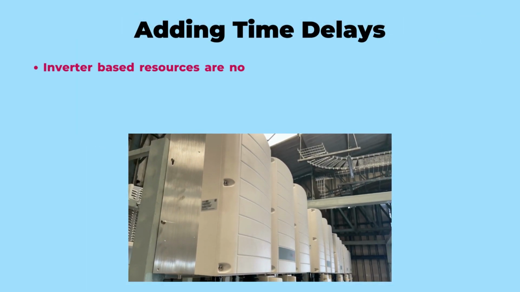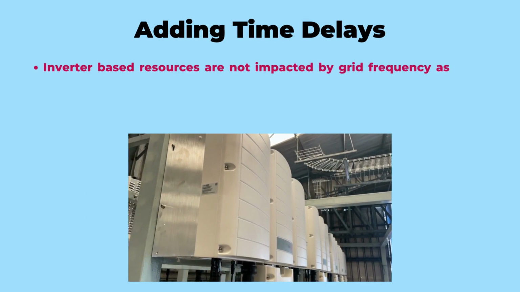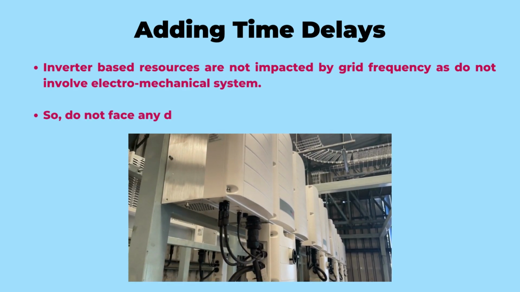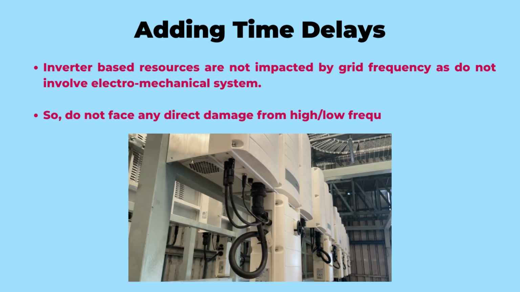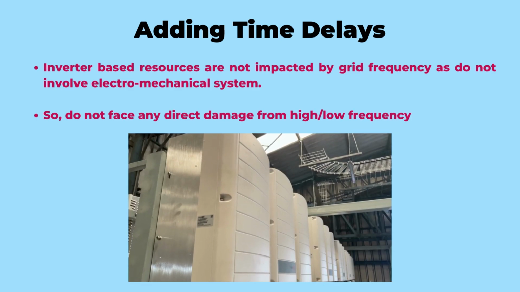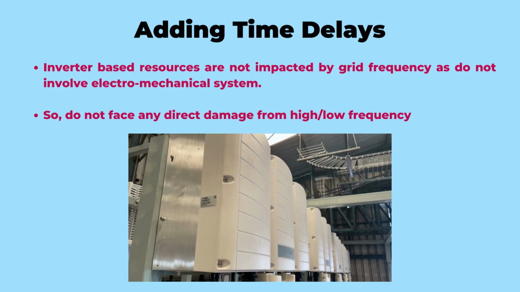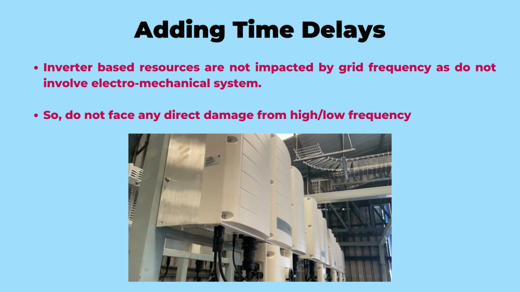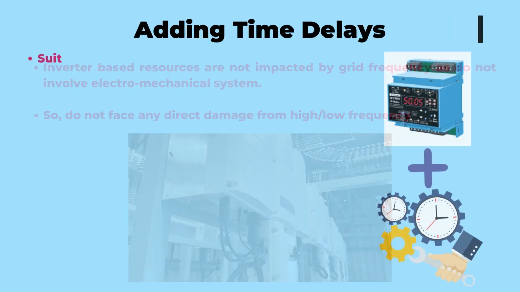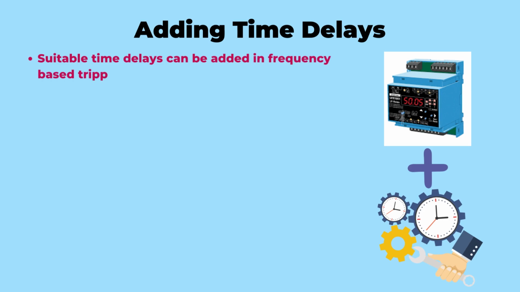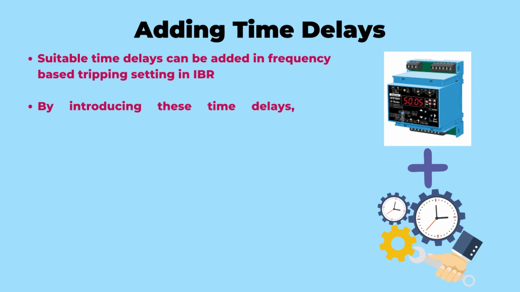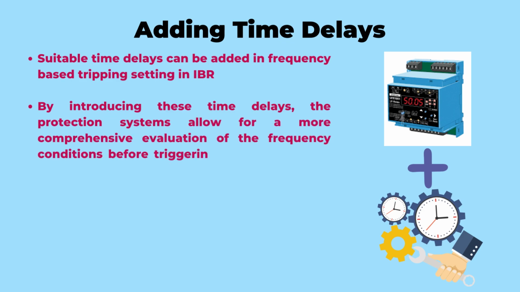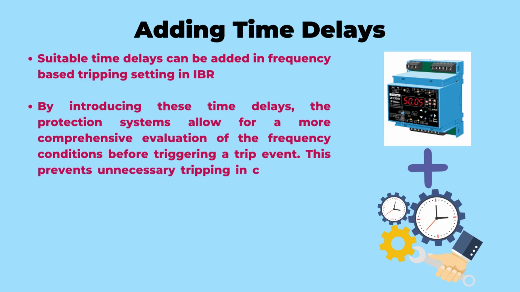Inverter-based resources present a unique advantage in the power system. Unlike conventional generators, they do not involve an electromechanical system and are not directly impacted by grid frequency variations. This characteristic eliminates the risk of direct damage to IBRs from high or low frequencies. Recognizing this distinction, efforts can help to optimize the protection schemes for IBRs and avoid erroneous tripping during frequency deviations. One effective approach is the incorporation of suitable time delays in the frequency-based tripping mechanisms for IBRs. By introducing these time delays, the protection systems allow for a more comprehensive evaluation of the frequency conditions before triggering a trip event. This prevents